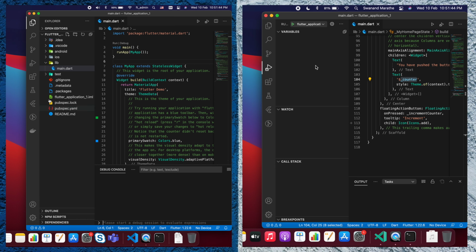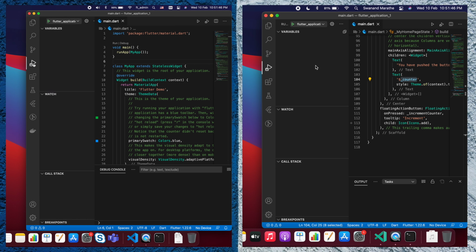Let's first test the application on the iOS simulator by pressing 1, 2, 3.